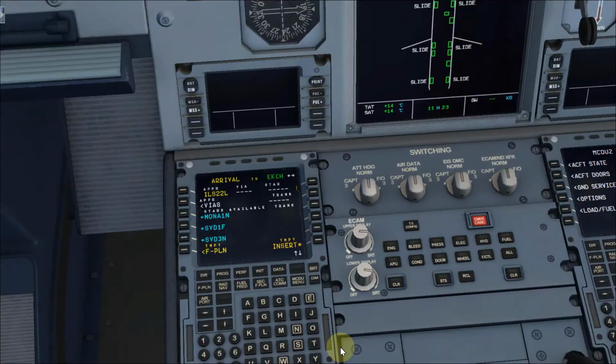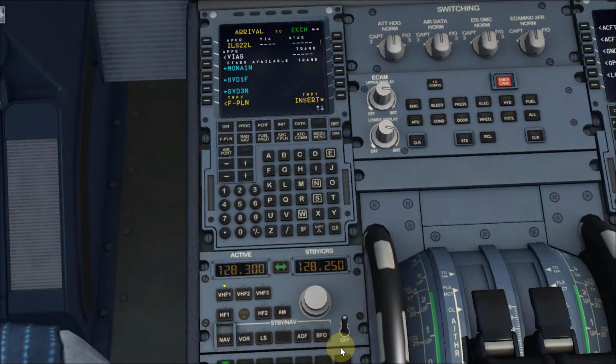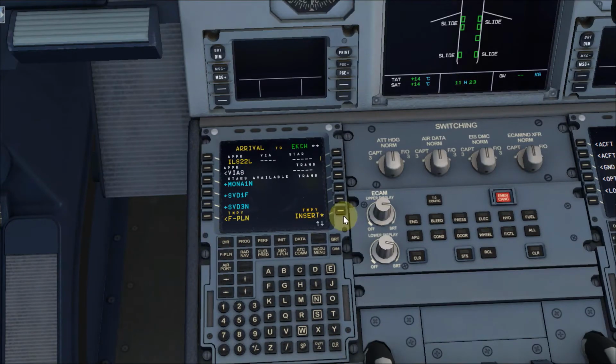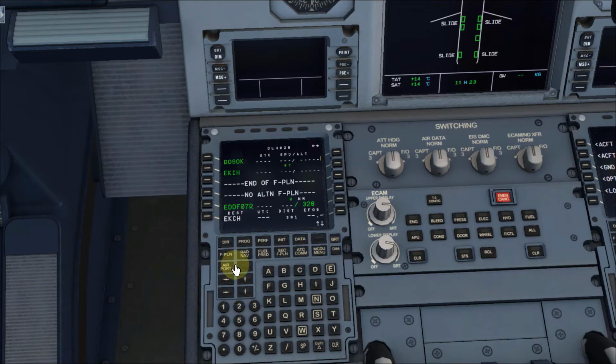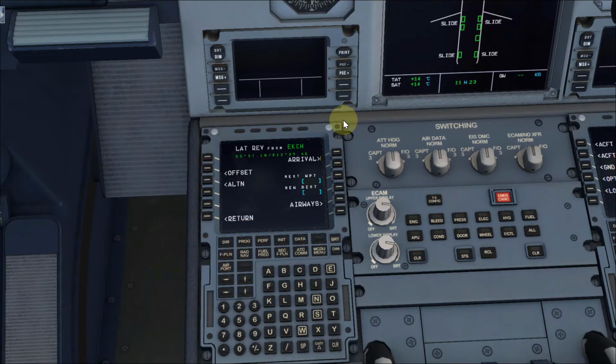So the flight plan will show you. Now, if you want the ILS runway 22 left, you can now insert it, or you can just see the temporary flight plan. It will take you all the way to runway 22 left in EKCH. But if I want to erase, and I go to EKCH once again,